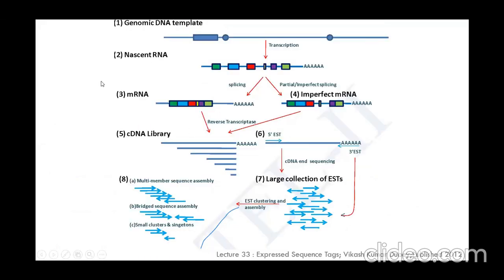Coming on to summary in terms of the EST libraries, up to this point, cDNA library is nothing but generation of the genome sequencing, whatever we studied in previous classes. But from the point 6, you talk about designing 5', 3' ESTs. Accordingly, you go into cDNA end and sequencing of ESTs. Large collection of ESTs can be generated. From them, cross-check with the assembly and annotate the genome in terms of ESTs. Whatever your question in terms of what are the ESTs present, what the genes are coding, what they are doing.